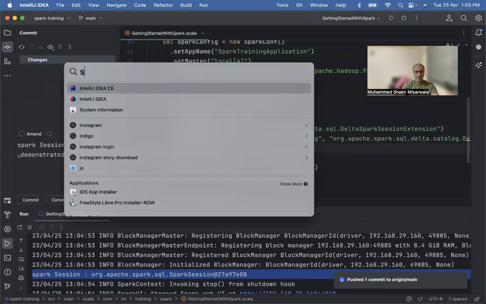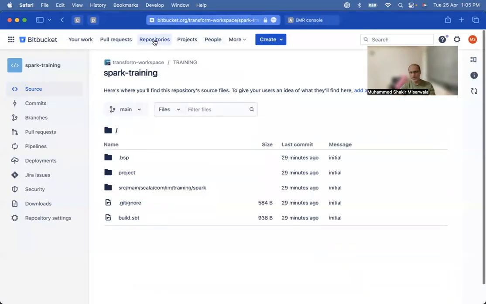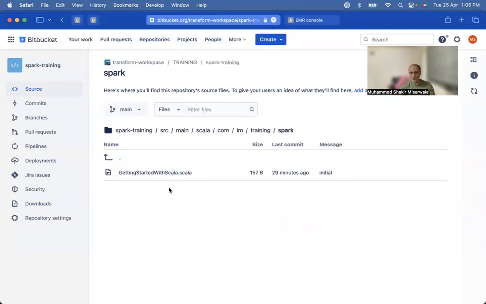Okay, it's pushed. Just go to the browser, friends, and go to that same project, the link that I've given you. In that, you will find SRC. Can you see this SRC out here? And in that,